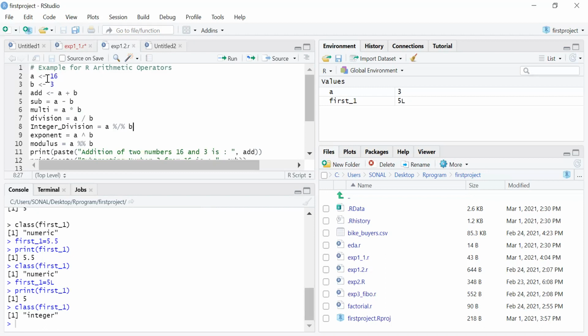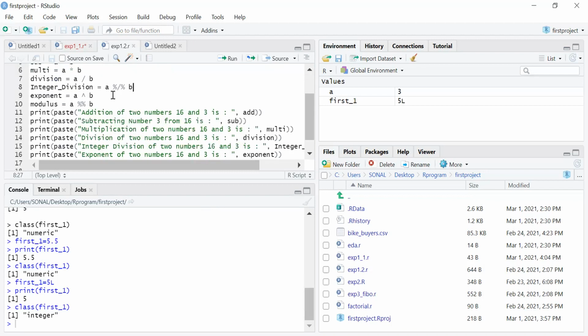And different types of arithmetic operations have been performed: plus, minus, multiplication you use asterisk, division it is slash, integer division it would be used like this, and for the exponent this sign is used. If you want to find the modulus, this sign is used, that is double mod.